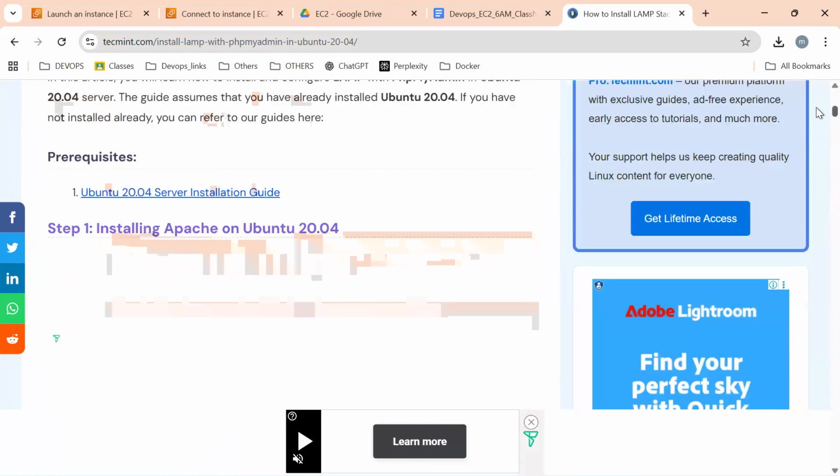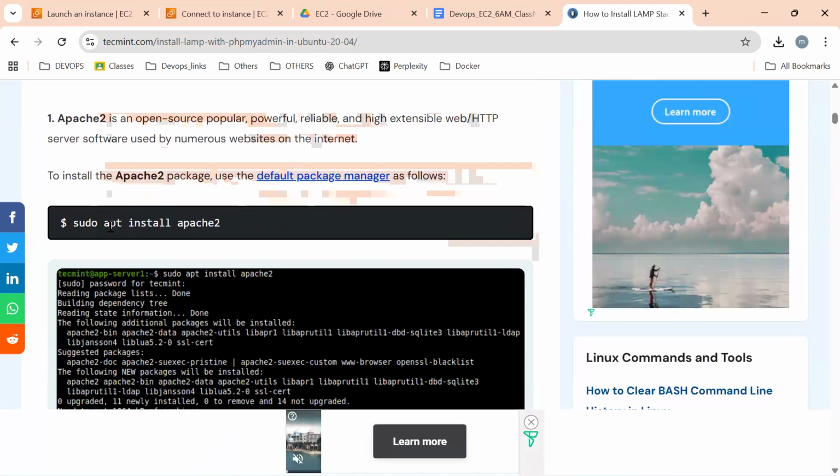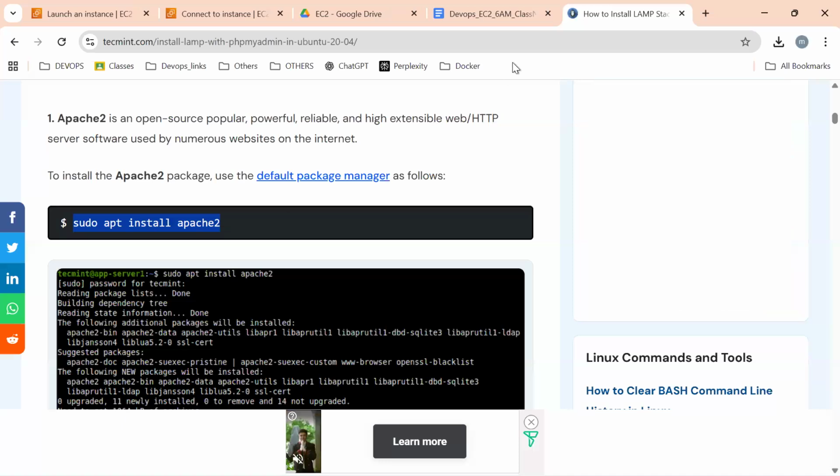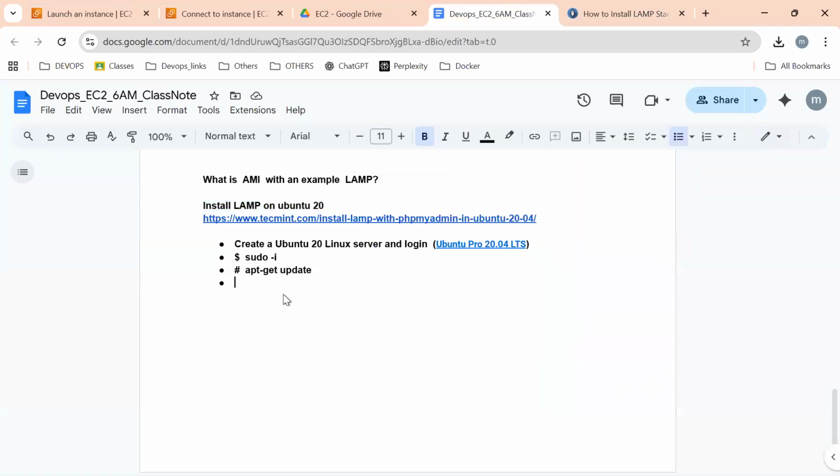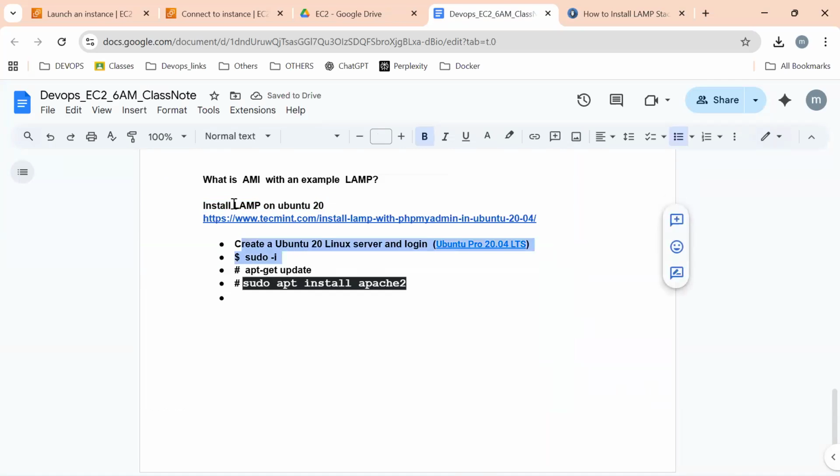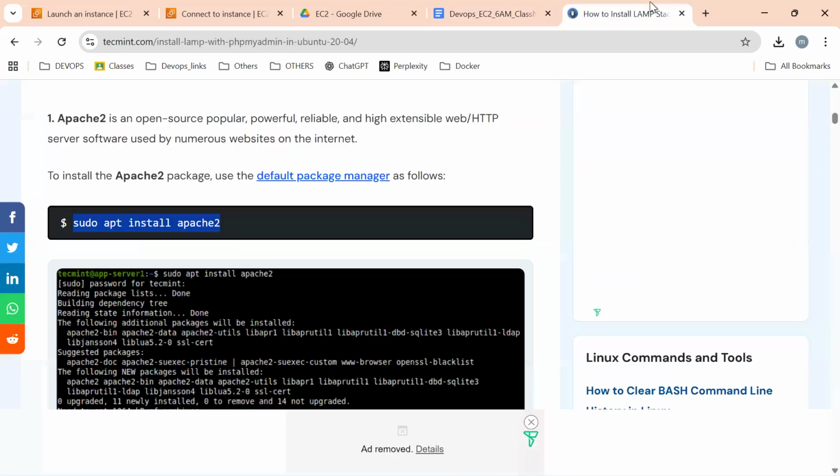Okay, so which are all the steps? Same steps we are following. The first step is what exactly? So LAMP means what? Linux. So Linux machine is ready or not? Then what next? A stands for what? Apache. So we are going to be installing Apache as the web server. That's it. We're making Apache the web server. So Linux is ready. L is ready. So right now we are installing Apache as the web server also.